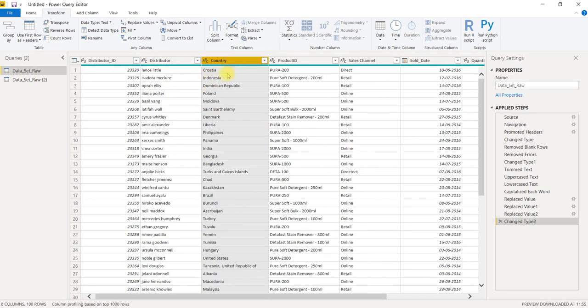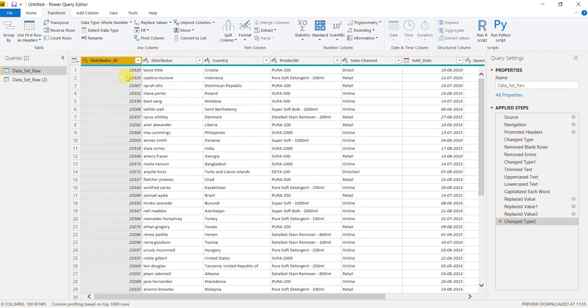If possible, we can change country to a geo format. If it is not there, fine. Then it comes to distributor, again text format, and id should be in whole number format. All formats are correct now.